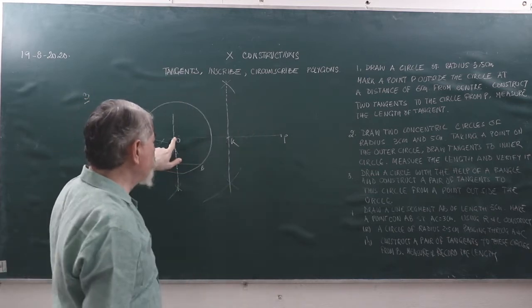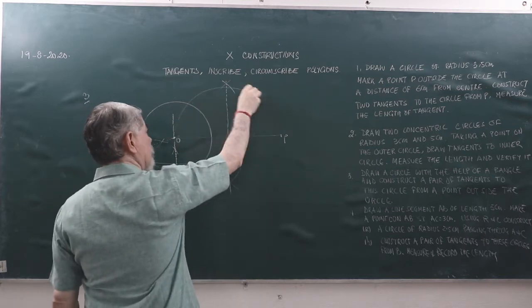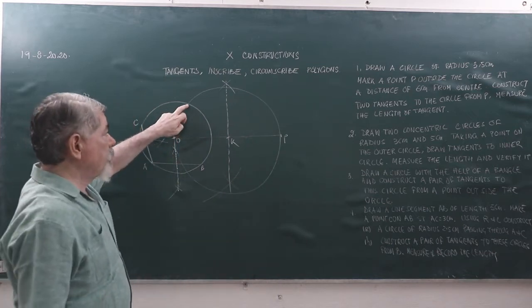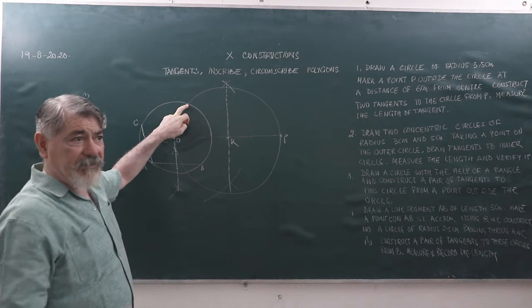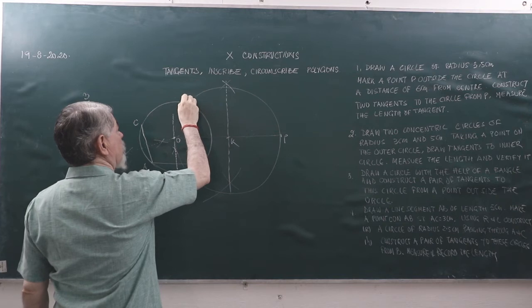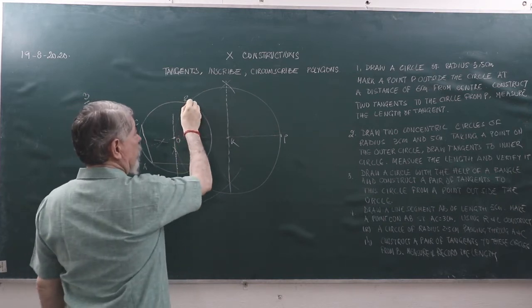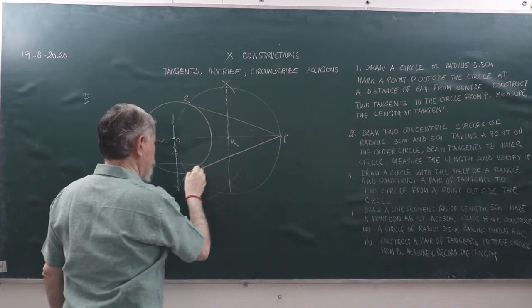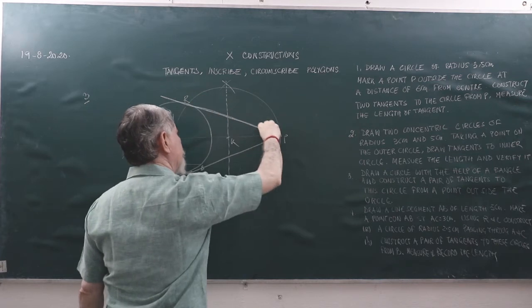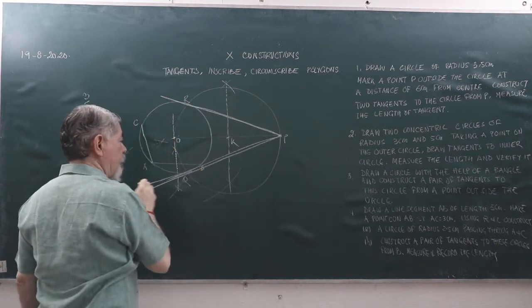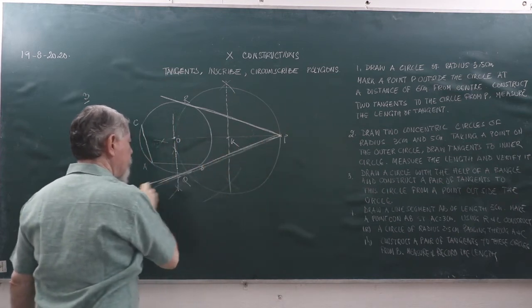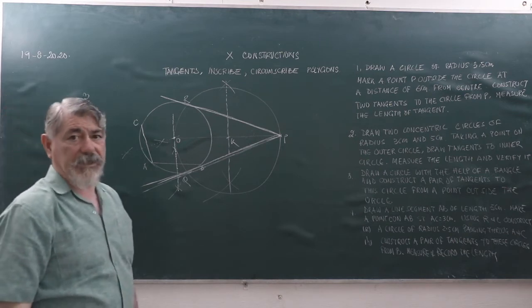Take K as center, open up your compass till O and draw a circle. This circle cuts the given circle, which we have drawn with the help of a bangle or a cap, at points R and Q. Join R to P, join Q to P. This is a pair of tangents. PQ and PR are a pair of tangents. You can measure them. PQ and PR will be equal in length.